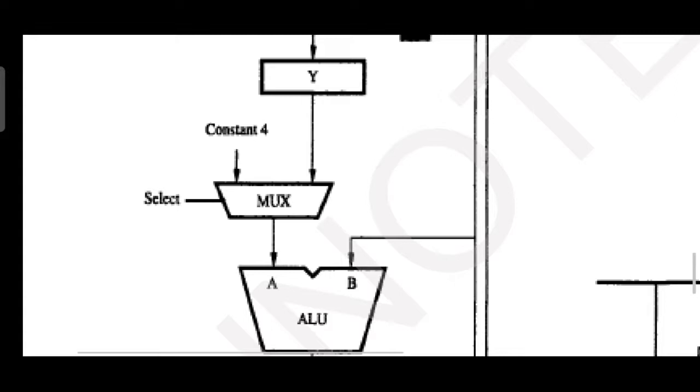Here we are ignoring the constant value 4 and taking only Y as the input. So we select the Y value, which is driven onto the output of the multiplexer as A.